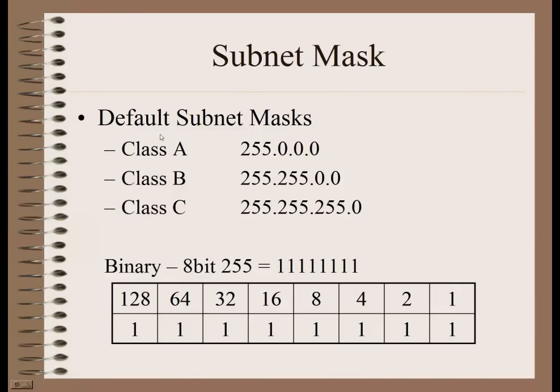Subnet mask. The default subnet masks for class A, B, and C are represented here. For class A, it's 255.0.0.0. For class B, we have these 2 octets set at 255.255, and then the last 2 are 0. The class C, the first 3 here are set to 255, and the last one is 0. Now 255 represents 8 bits. An IP address consists of 32 bits, and those 32 bits are separated by 8-bit octets, and we have dots